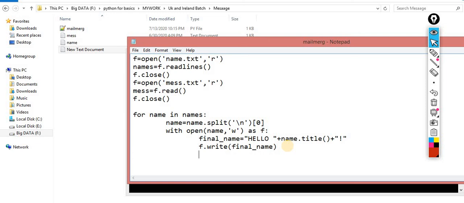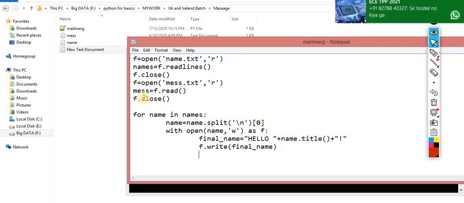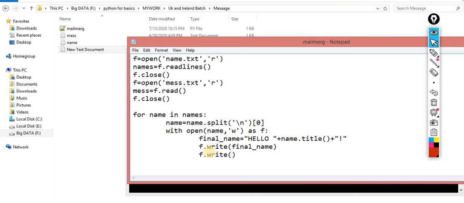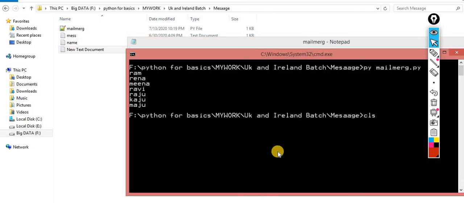Now what else do you have to write? In the next line you have to write the entire message. We know that here \n is not added automatically. The \n means the control moves to the next line. Into the next line you write the message, the entire message. Now your code is ready. Now if I run it,